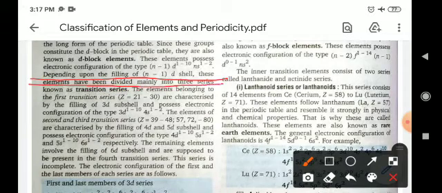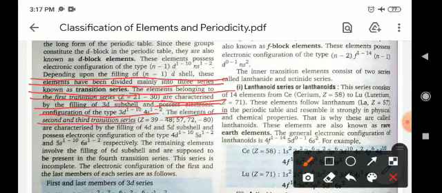mainly into transition series. The elements belonging to the first transition series, meaning scandium, atomic number 21 to 30, are characterized by the filling of the 3d subshell and possess the electronic configuration of 3d 1 to 10 and 4s 1 to 2, and the elements of the second and third series, Z 39